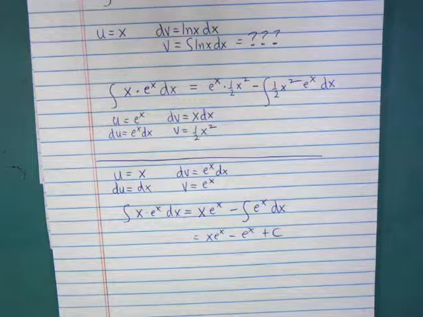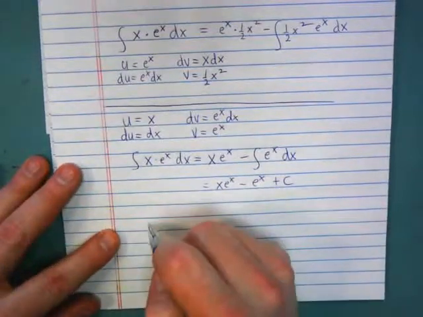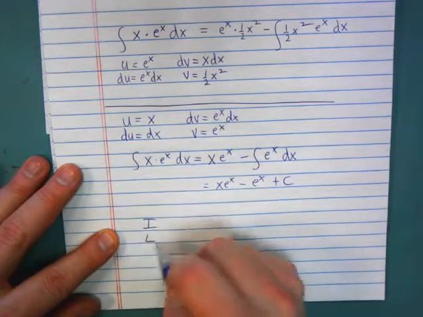All right, well, I have good news for you. The good news is there's a little trick for guessing what u should be that almost always works. It works probably 99.9% of the time. And I don't think there are any problems in your book where it doesn't work. So the little trick for remembering how to pick for u